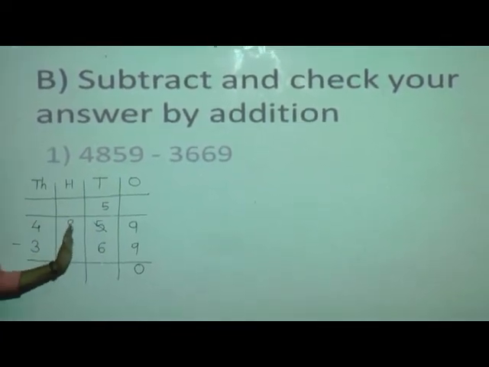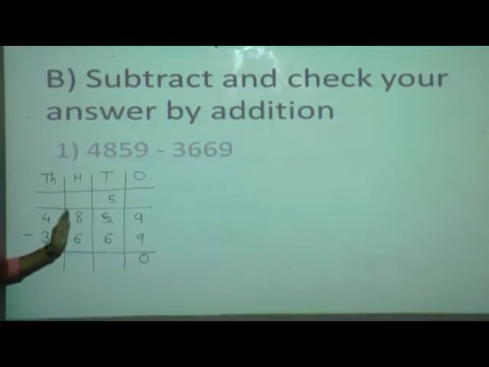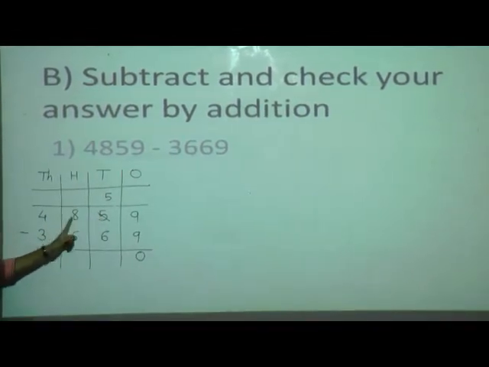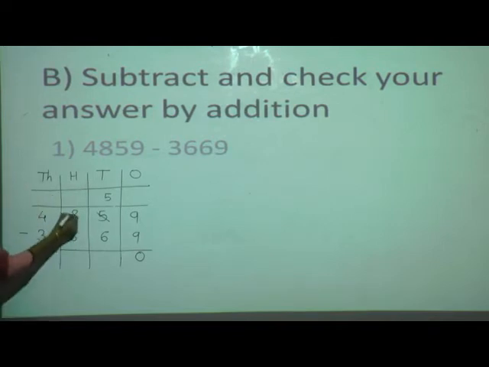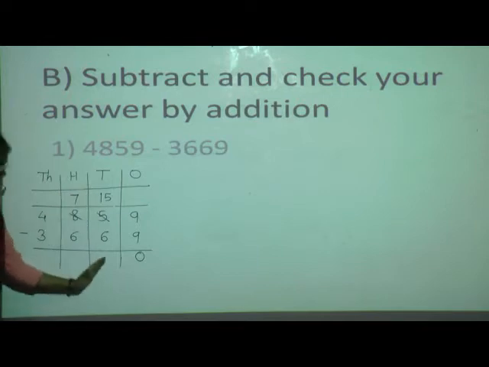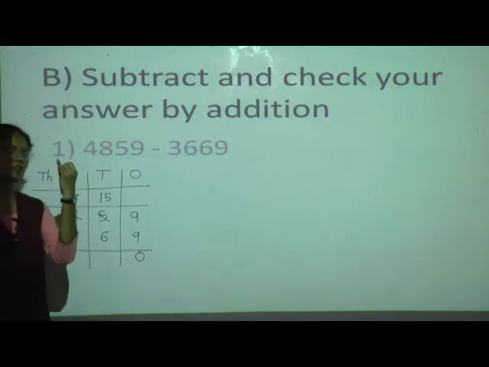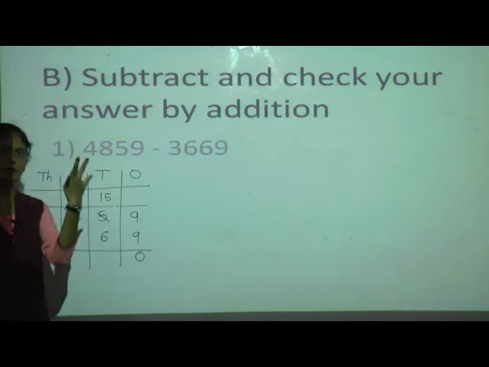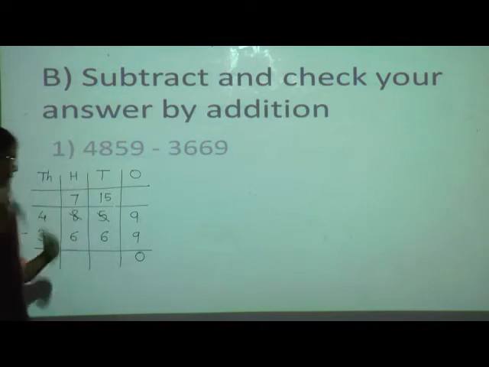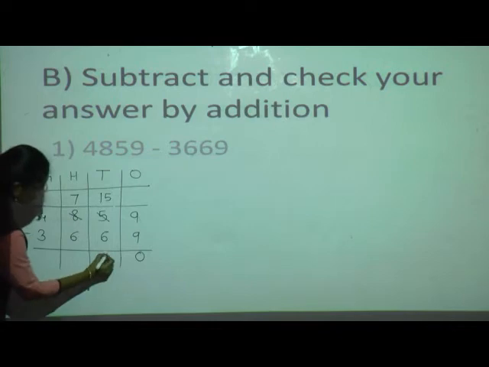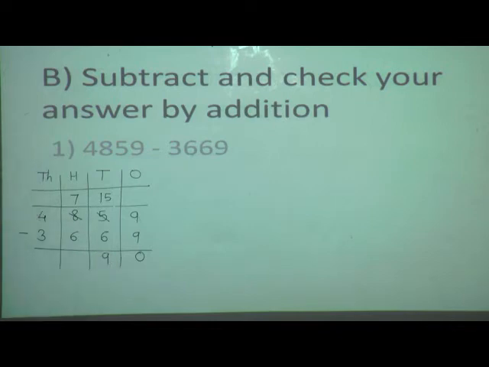Then we will go to the neighbor. Who is the neighbor of tens? Hundreds is the neighbor of tens. So take one borrow from this neighbor. Now this neighbor is having 8. So 8 minus 1, here 7 will remain and this 5 will become 15. Okay. Now do the subtraction. 15 minus 6. After 6 you have to count your fingers till 15. Yes, 7, 8, 9, 10, 11, 12, 13, 14, 15. So 15 minus 6 is equal to 9. So write 9 at the tens place.